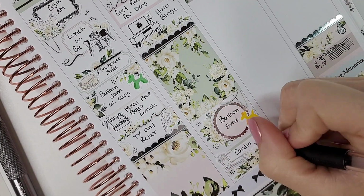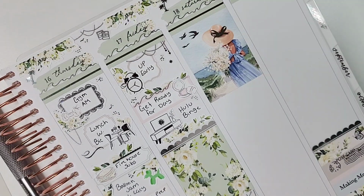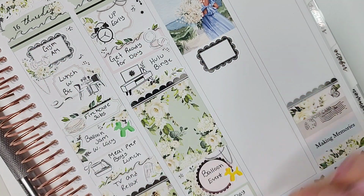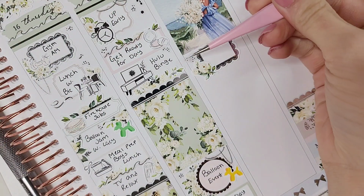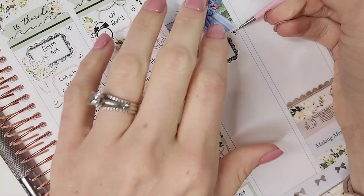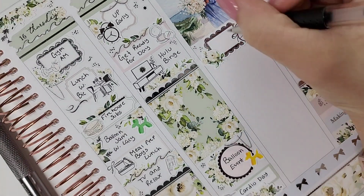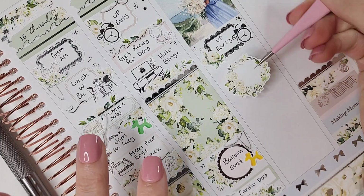I had a balloon event on this day, so I layered that floral wreath that came with the kit with a foiled circle from Sadie Stickers, pulled in another droop garland from Sadie Stickers, and the balloon icon is from my mom. I did, and then to cap off the night, I had a cardio day at the gym. So I pulled in another quarter box, layered it with some florals, and then the treadmill is from